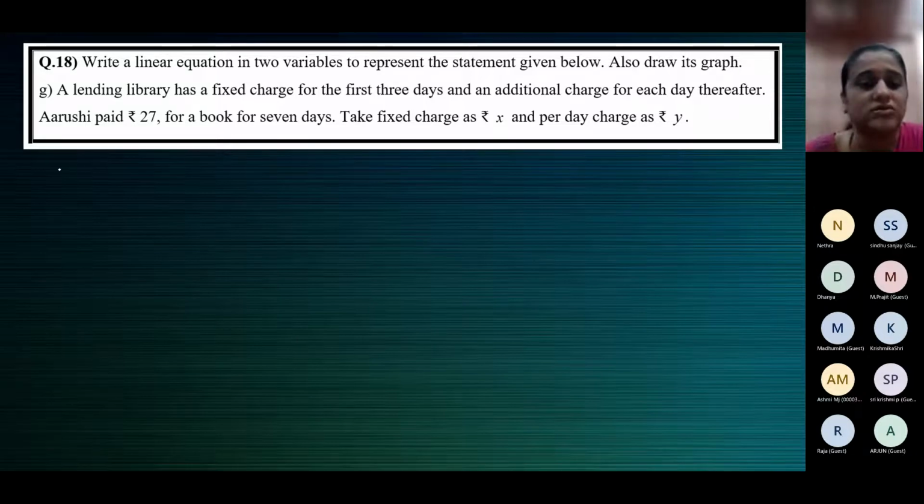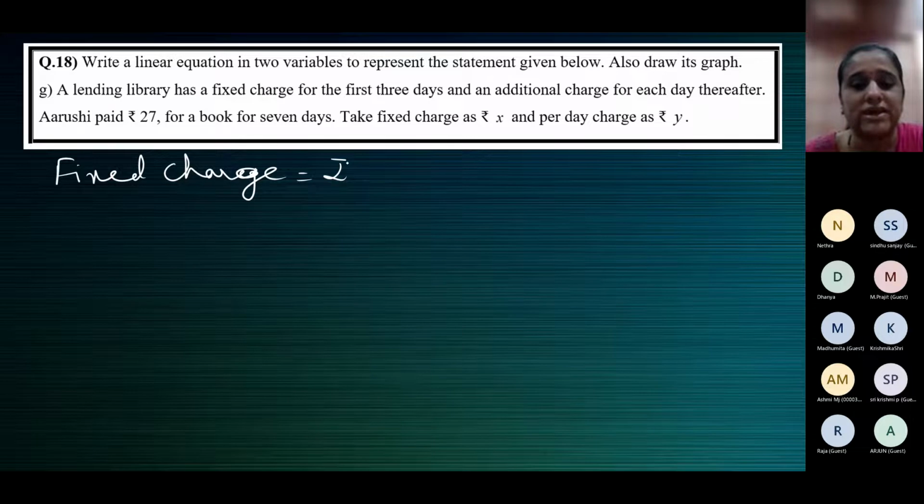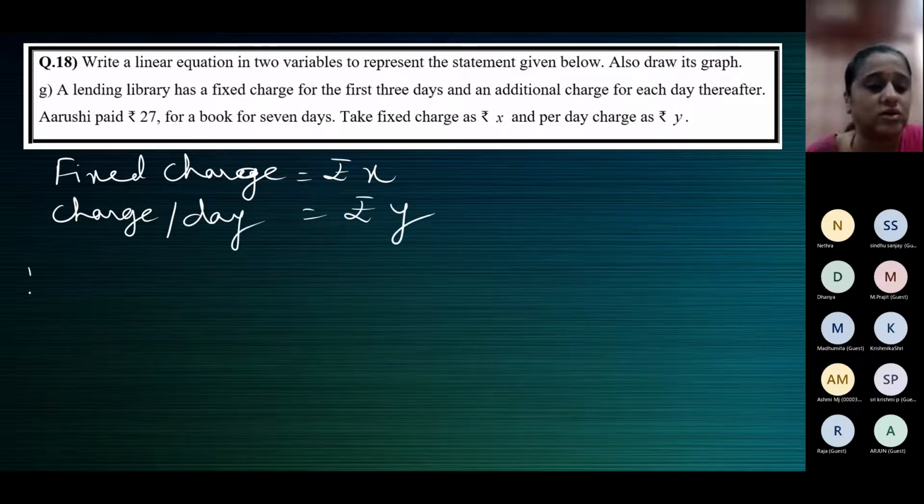See here. Instruction is given: fixed charge is equal to rupees X, and the charge per day is equal to rupees Y. This is given to us. So the total fare or the total charge